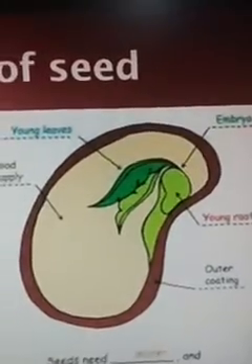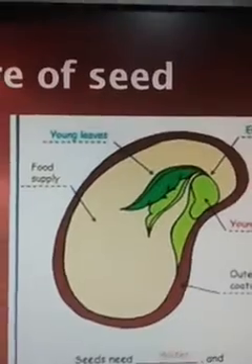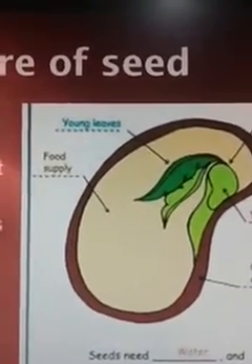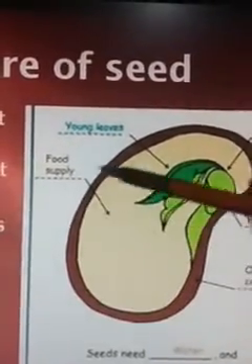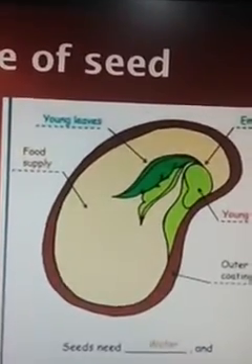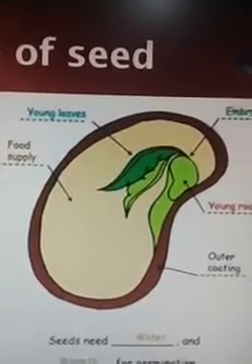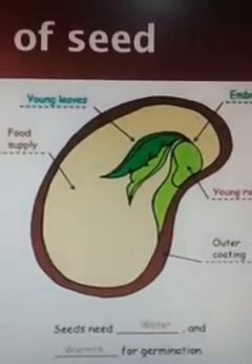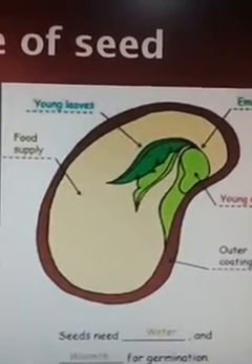A seed has a baby plant inside. That plant grows and develops into a bigger one. So the outer covering, brownish, is there, no? This is the outer covering that we touch. When we see a seed and touch it, this outer covering comes in contact with our hand. This outer covering is called the seed coat, and it protects the seed also.